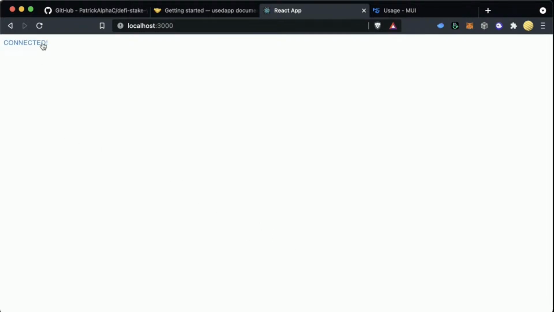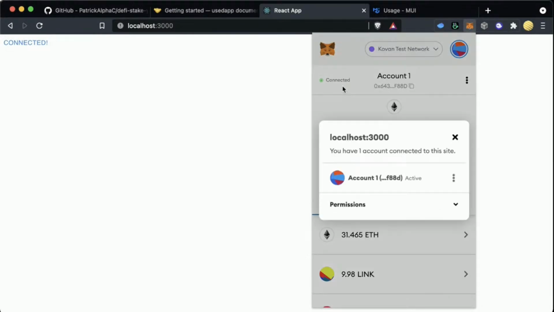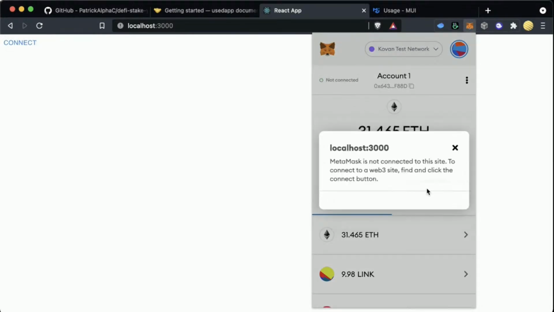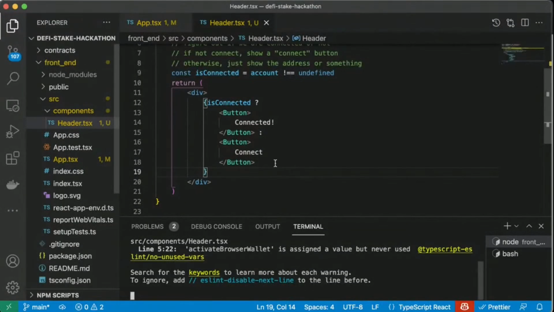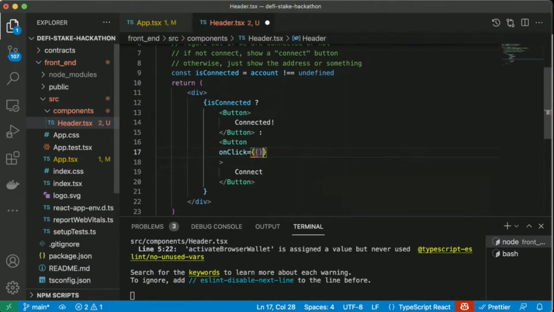All right, cool. So now we see this button that says connected, which it is, right? If I look at my MetaMask, beforehand I connected it. If you're doing this for the first time, it'll say connect, which is perfect. Now, if we click this button, it does a whole lot of nothing, zilch. So we should change that. So in our button here, we're going to add a function, right? We're going to do onClick equals a function, and we're going to call activate